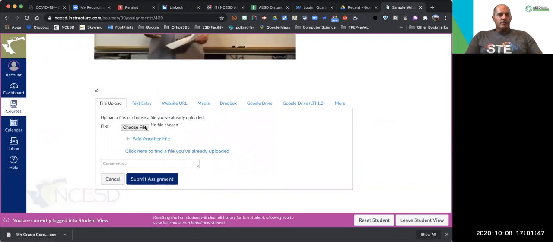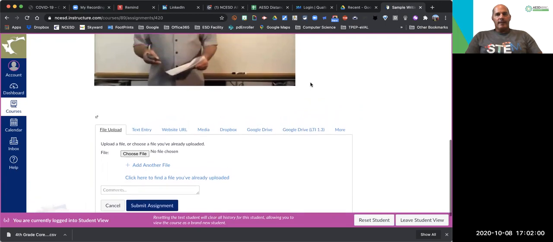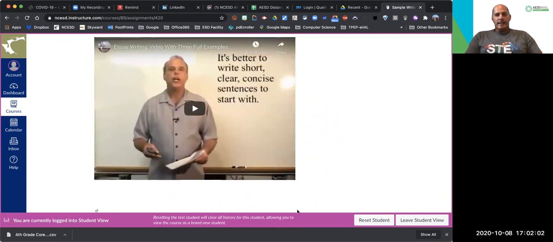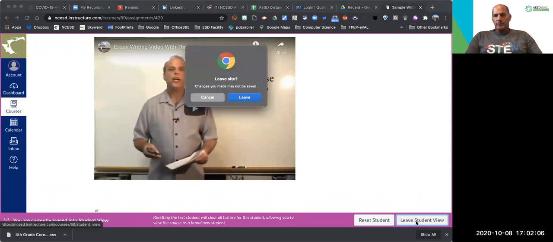And again, they can choose a file, just type a text entry or any of these other things, but you'll notice it says click here to find the file you've already uploaded. So the system will help them see that they have turned it in and that they are resubmitting a second time. So now let's jump to the teacher view. Leave the student view,